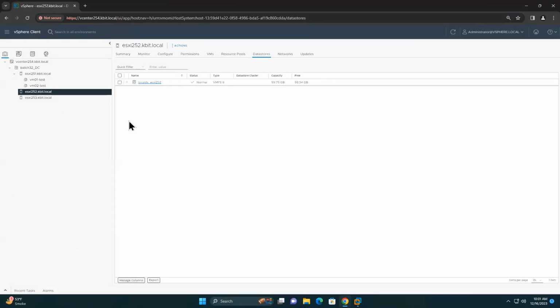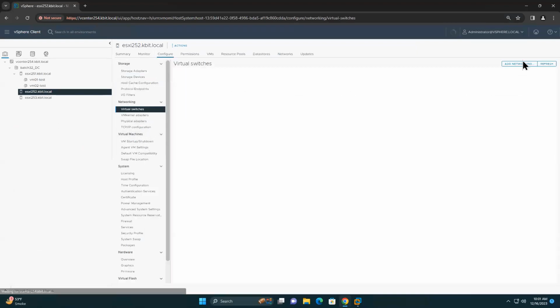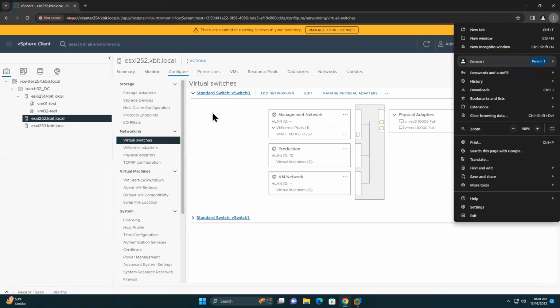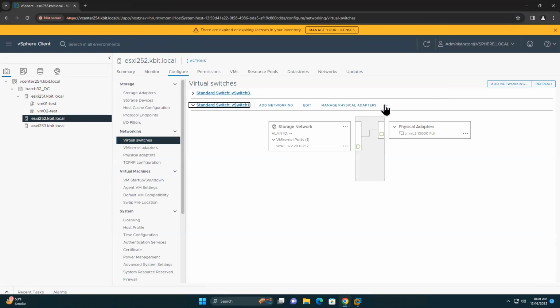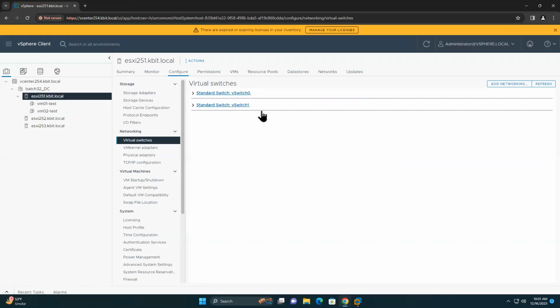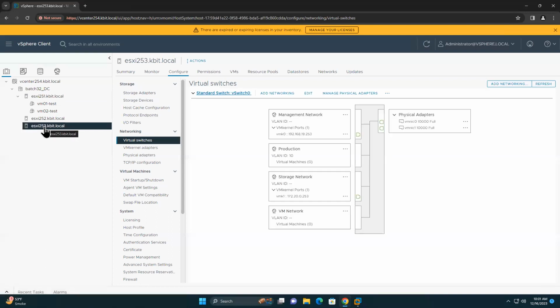So what I'm going to do now, I'm going to delete the switch we just created. I want to make it back again. So let me delete it, this one. So I just remove vSwitch 1. Let me remove vSwitch 1 from this one. Let's assume that we have a new environment, right? Because I wanted to make it